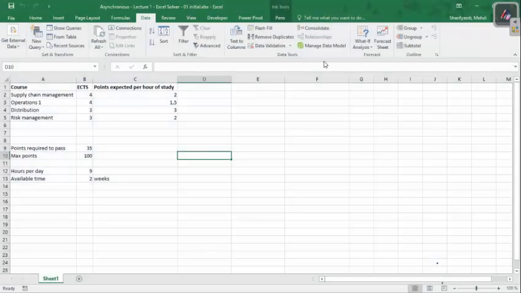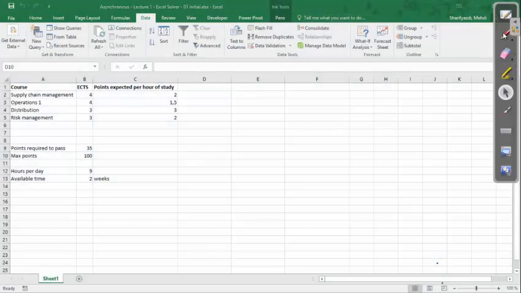To begin with, I would like you to open this file. Please download this Excel file, namely Asynchronous Lecture 1 Excel Solver 01 Initial, from its learning page, and open it and then do whatever I am doing with me. Once you have opened this file,